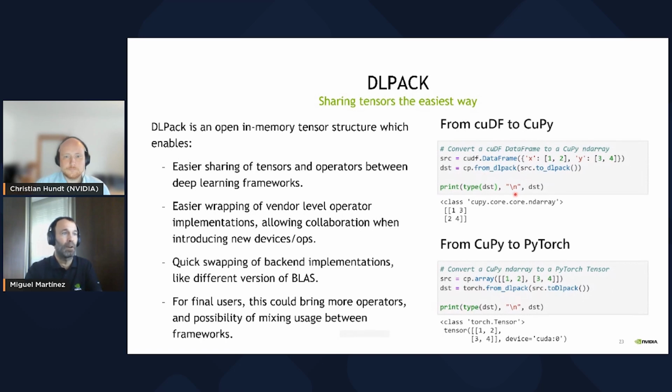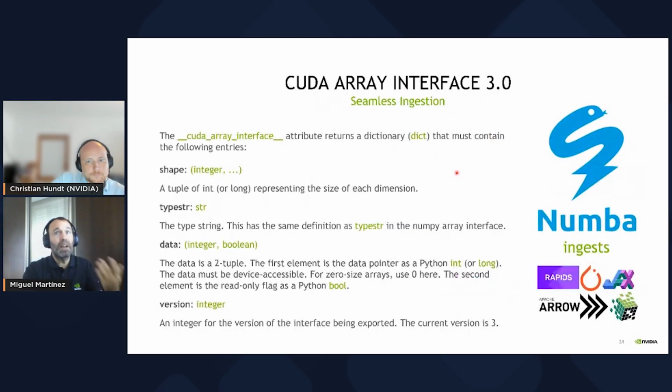Now, for instance, if you have an array in CuPy here, and we want to create a torch tensor, we just need to do to DLPack in the source part and from DLPack in the destination part. Really efficient. Zero copy, everything remains in GPU memory, if you are dealing with two GPU-based libraries. And if you are dealing with CPU-based libraries, they will both remain in host memory. But there are other approaches.